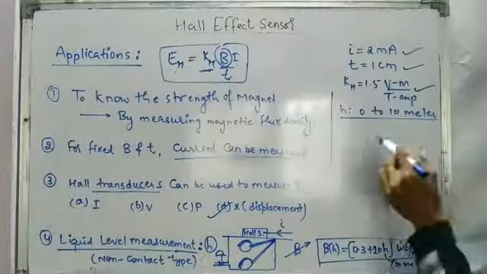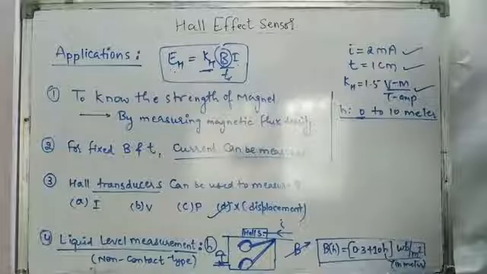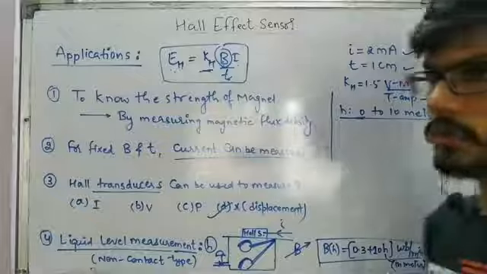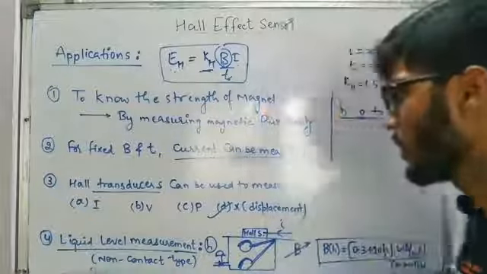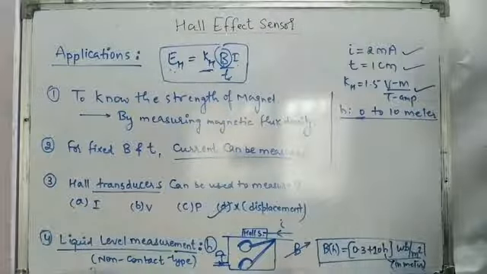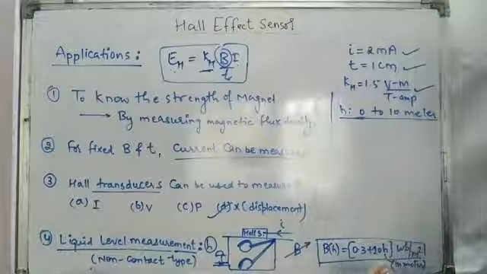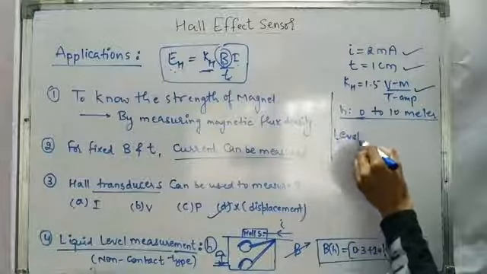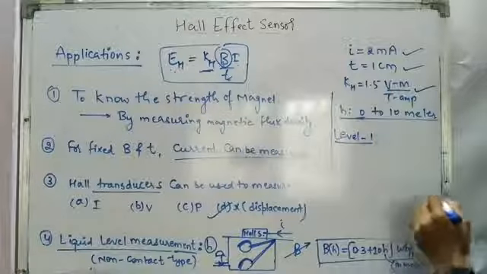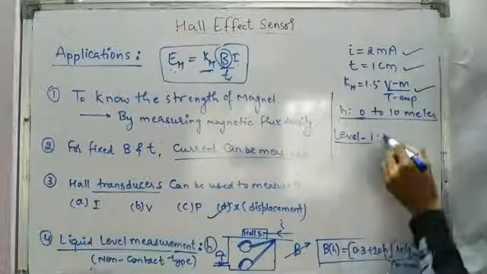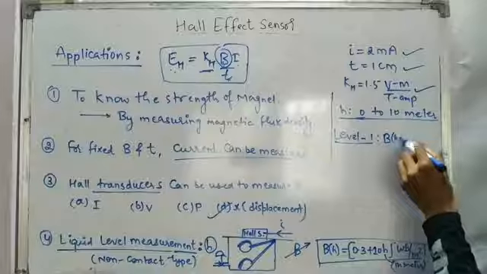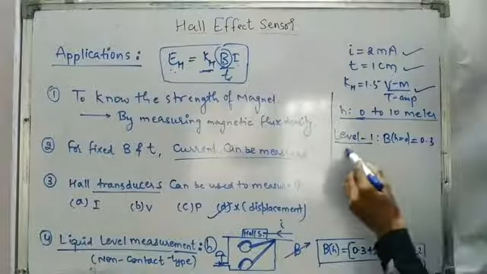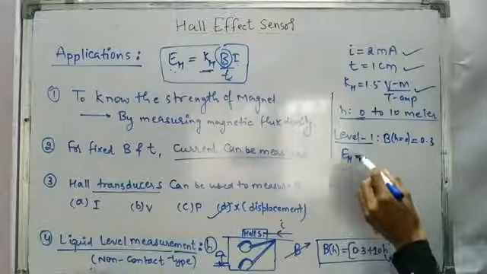Now we are going to vary this particular height from 0 to 10 meters. So the minimum height of the float can be 0, and the maximum height of the float can be 10 meters, with the variation in the level of liquid. The 0 meter I am denoting as level 1. So if H = 0, B at H = 0 is going to be 0.3, right? So we can get the output voltage E_H as K_H